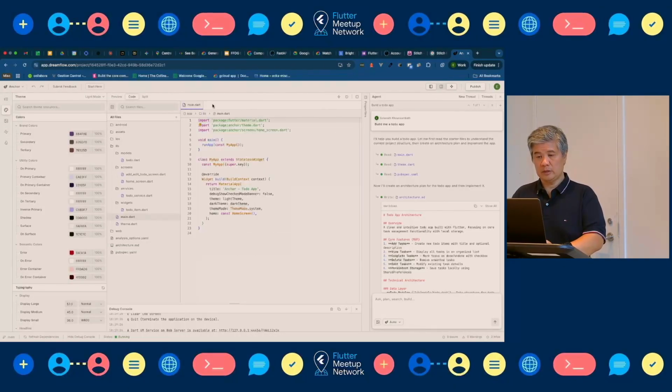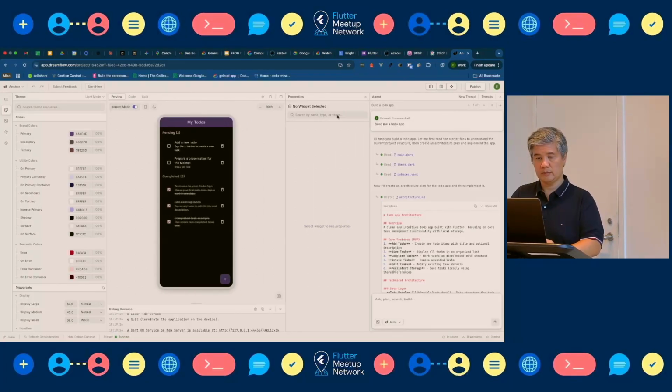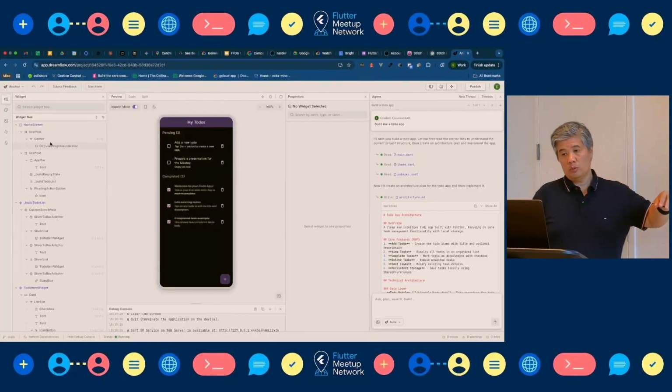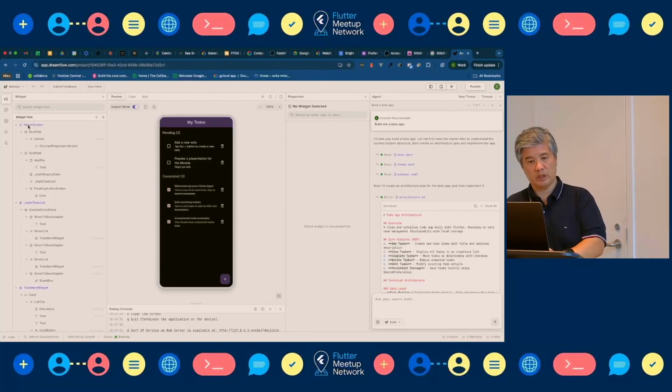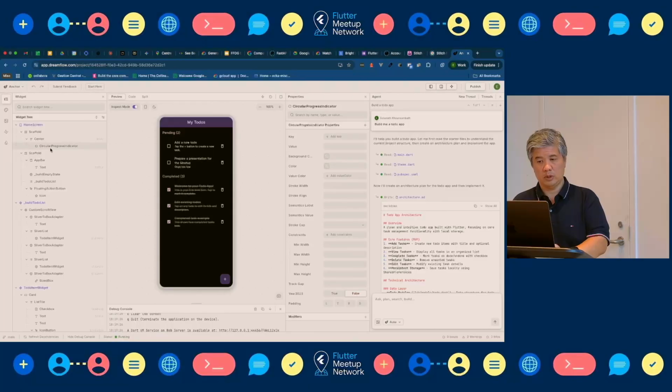And what I'm saying is that if you're not familiar with Flutter and you're not really comfortable with the code, you can go to inspect mode, go to properties. Come back here. So here we have the tree of the widgets. We can see all the pages. We have several screens, and it's going to help us identify the components that we have.